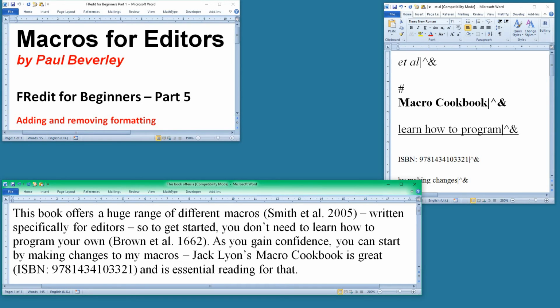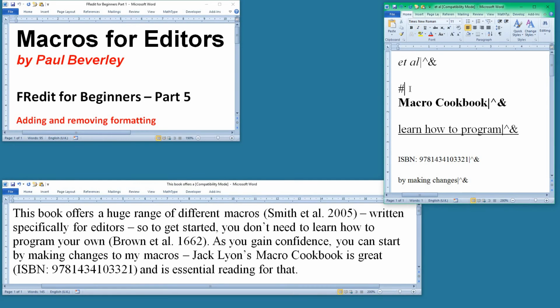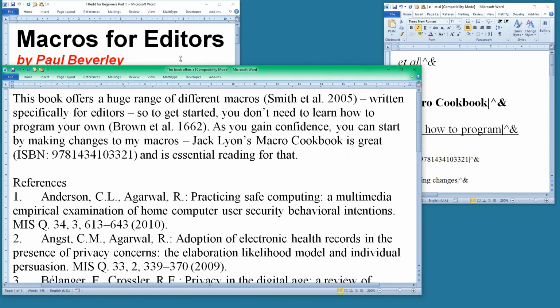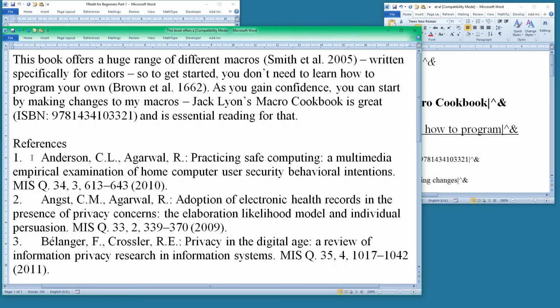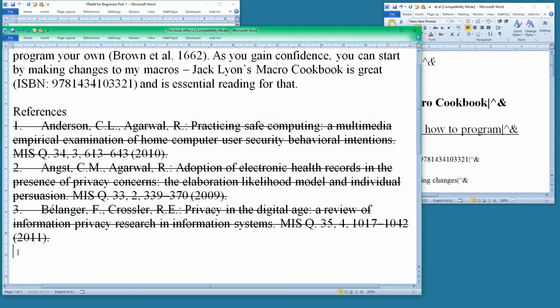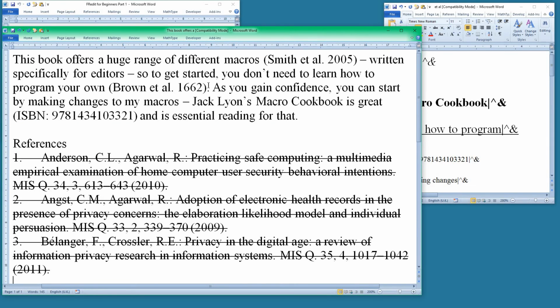Now the final thing I need to show you is that if, let's just put that back to italic. You may be concerned that these global find and replaces are going to change things like quotations and references, which we don't want changed. So here are some references. So what we do is we apply the strike through attribute to that, and if you've got some quotations, suppose that is quoted,